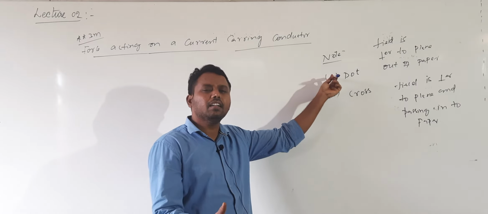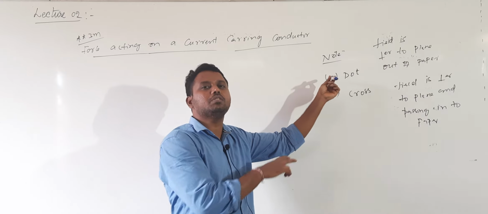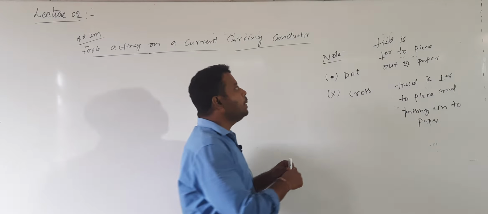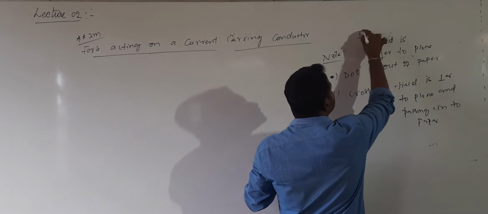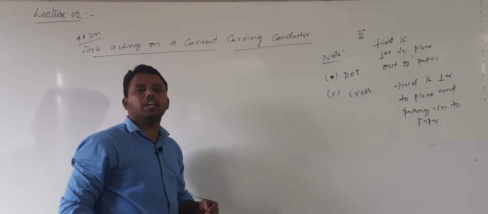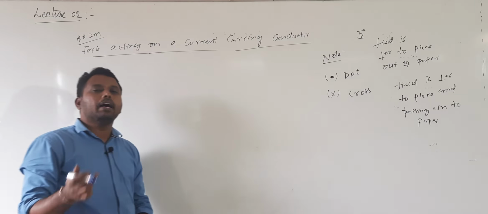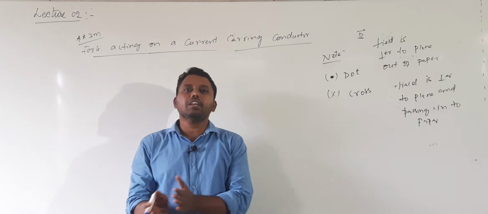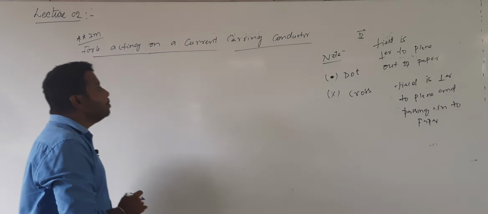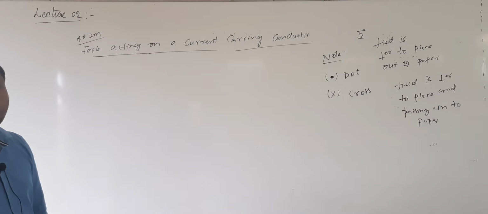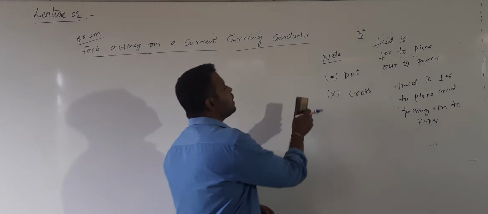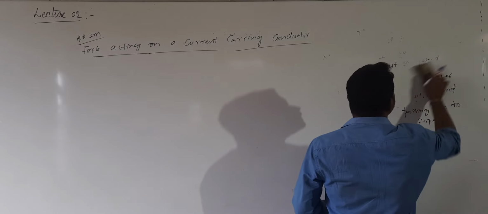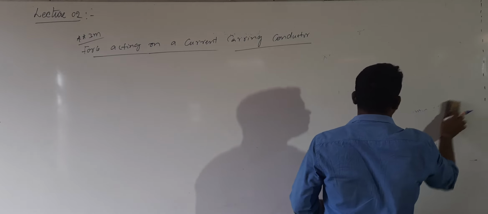It may be a current, but most probably here we will use this notation for the magnetic field, B bar. Yesterday we discussed how the electric field is represented by a vector; the magnetic field is also represented by a vector. That vector is called the magnetic field induction. Can you remember that now? Perpendicular to the plane passing out of the paper is dot. Perpendicular to the plane passing into the paper is cross.